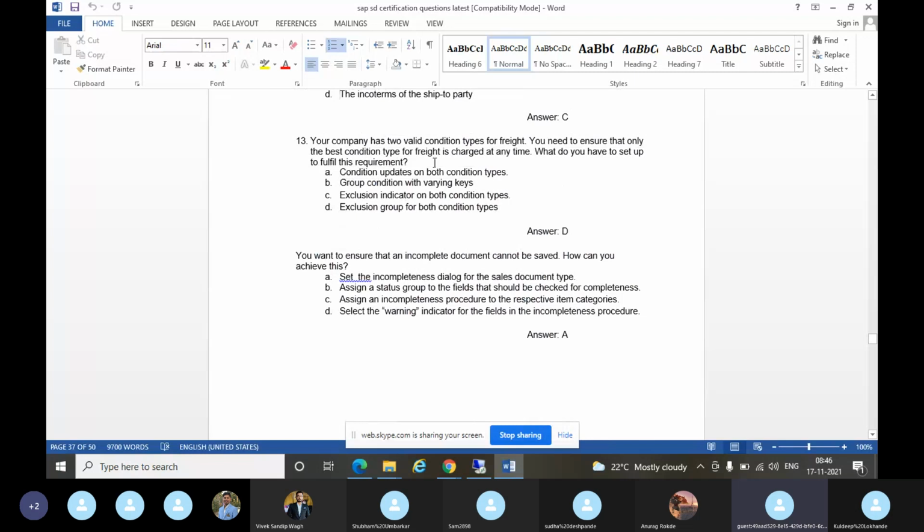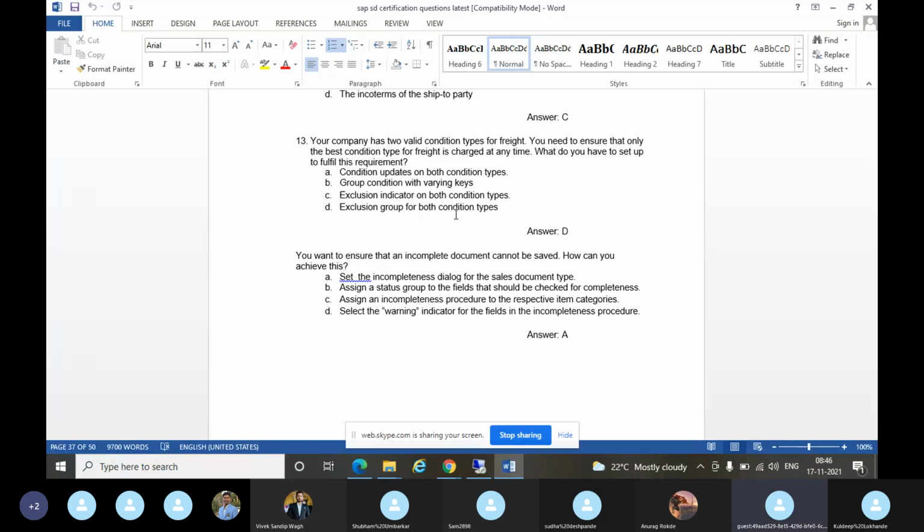You need to ensure that only the best condition type for the freight should be charged at any time. Out of these two, one has to be best. How do you set this up? Assign your exclusion group to both the condition types. Condition exclusion group or condition exclusion or exclusion group, all are the same. So assign the condition exclusion group to both the condition types, then it will take the best among them. That is the correct answer. Okay.